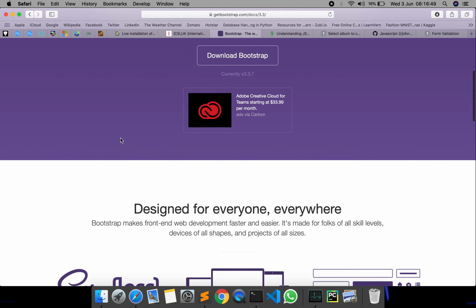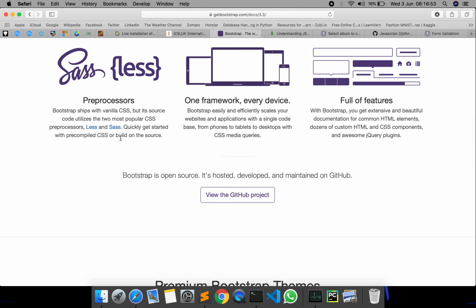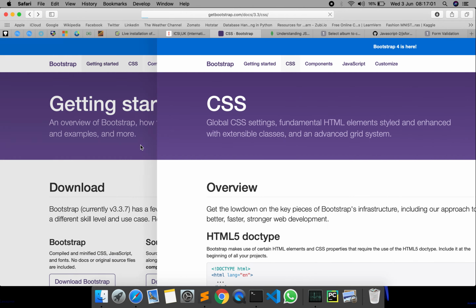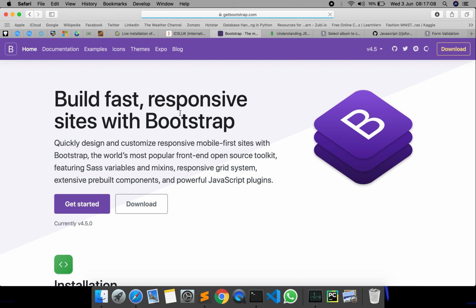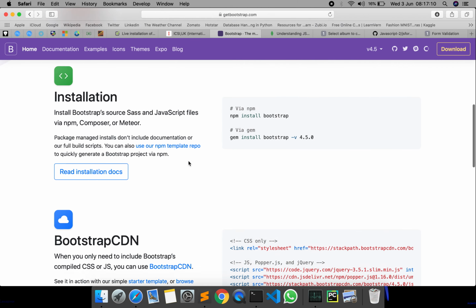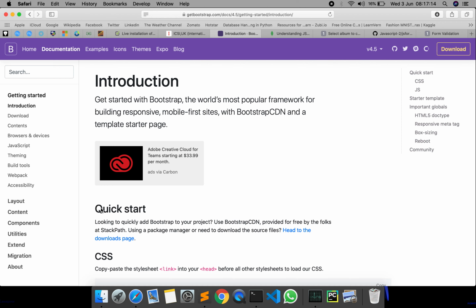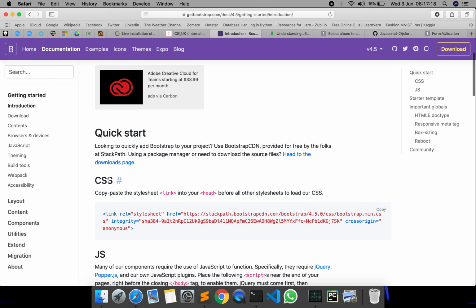The advantage of using Bootstrap is that you get all the styles, and your styles are based on your class names. Click on getting started, and here you have a link for CSS.